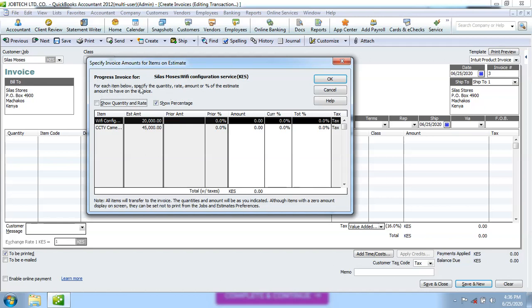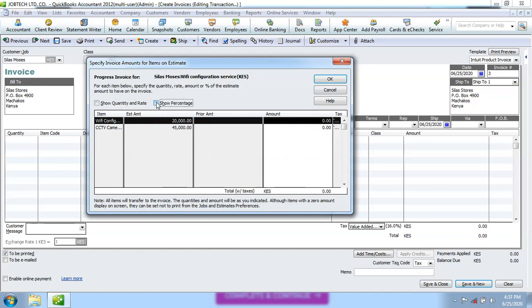For each item below, specify the quantity, rate, amount, or percentage of the estimate amount to have on the invoice. So you want to get QuickBooks to really specify what percentage you want to invoice for each